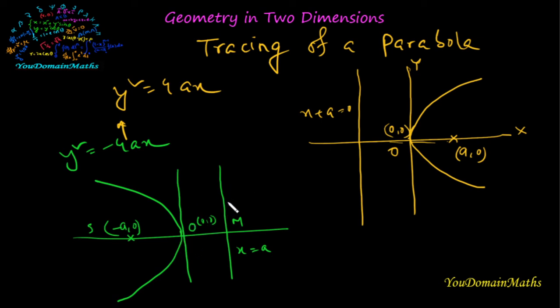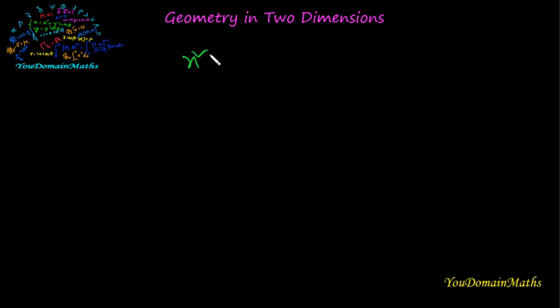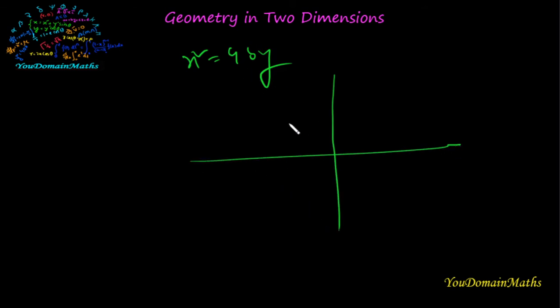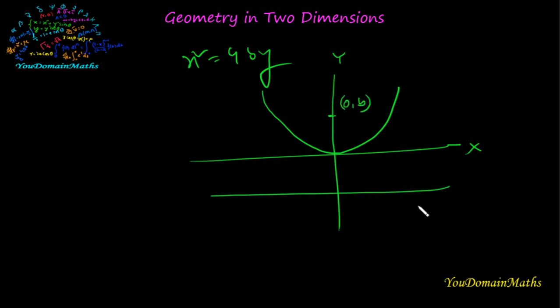That's the directrix. So this is the figure of y square equal to minus 4ax. If we see that x square equal to 4by, then we will see that for any values of x, y is positive, and this is y and this is x. So this shape will maintain this. And there is a focus, and the focus is 0 comma b,